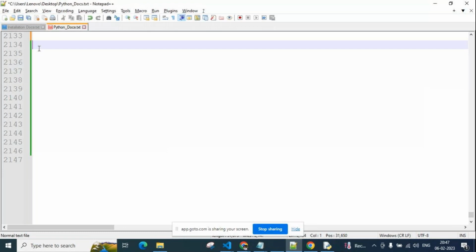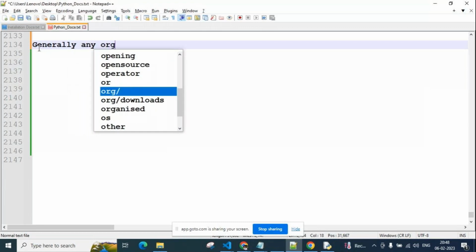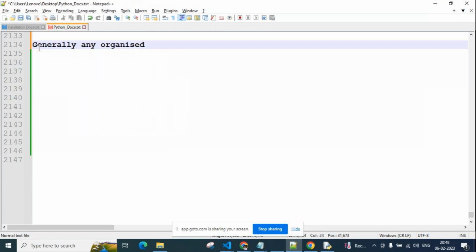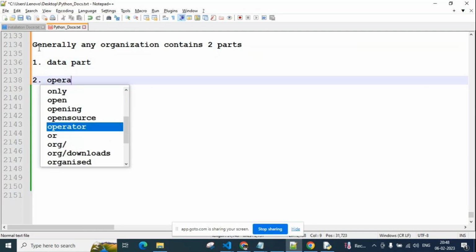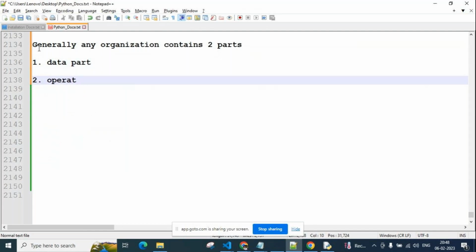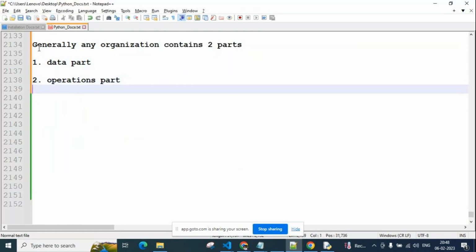One is the data part and the other is the operations part. Carefully remember this: generally any organization contains two parts, the data part and the operations part.